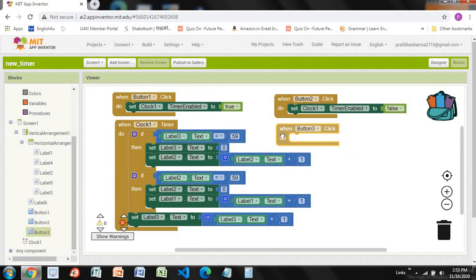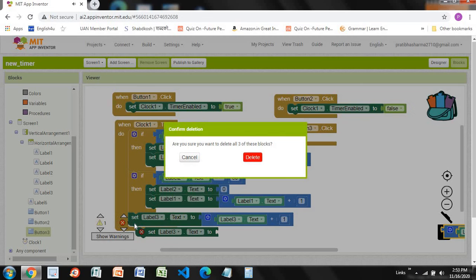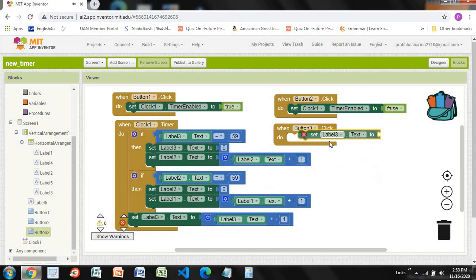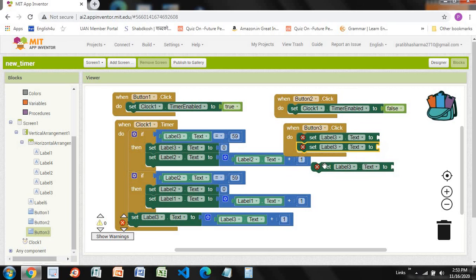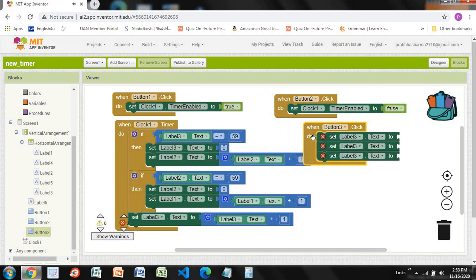So take this one and then set the label, copy these like this, this one, remove this, delete it, then copy and paste it 2 times in a row like this and like this. Now make these 1, 2 and 3. Then go to the math section and copy this 0, or you can take it from there, but I am copying and pasting it here, that will be easier.